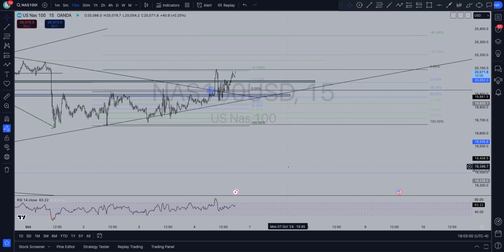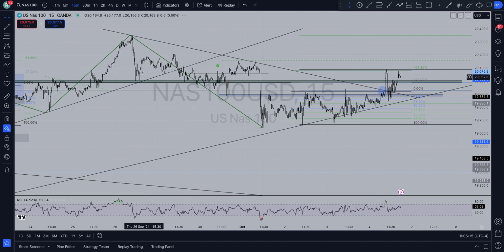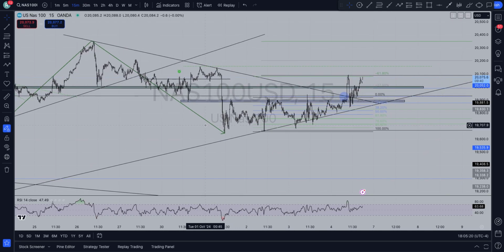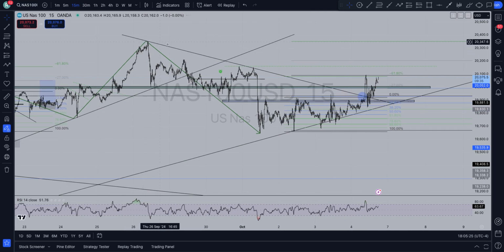Let me check the 15-minute one more time. Let me see something. This structure finished out at this negative 61.8, and then price reversed at this trend line. So nothing is for sure yet with NAS100. We broke out of this trend line right here, and then we came back to retest, and then we got this push up. This fib structure already finished,